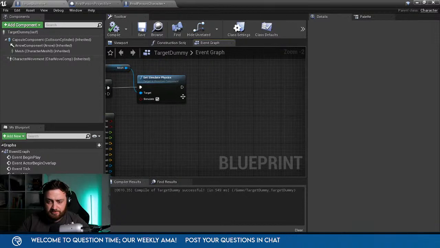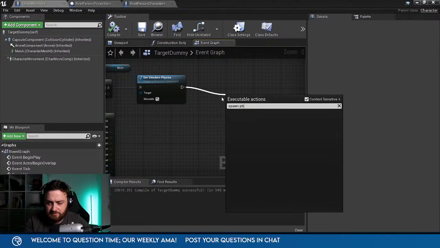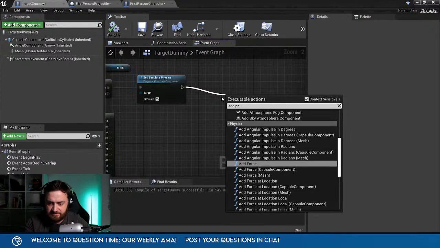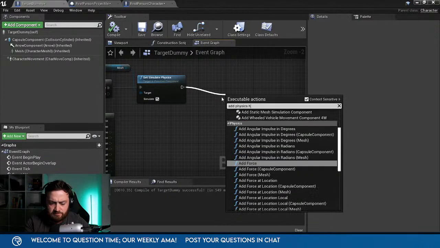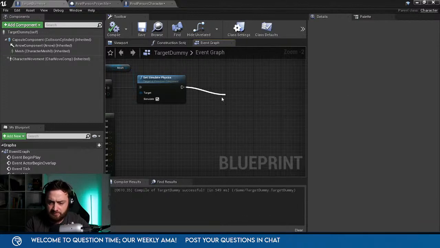So what I'm going to do is I'm going to add physics constraint component.